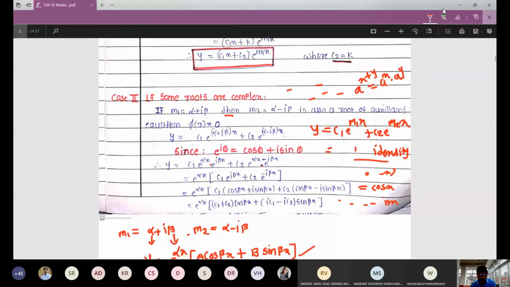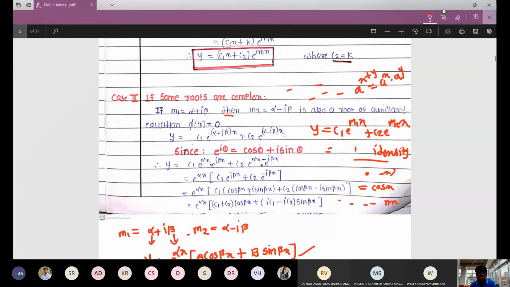Now what about the next term? C2 as it is, and this time the coefficient of i is minus beta x, not beta x, because in e to the power i times theta, whatever the coefficient of i is what you have to consider. So here we have minus i times beta x, so the coefficient of i is minus beta x, and we just replace theta by minus beta x in the second formula. So we have c2 cos beta x. Now cos of minus beta x, but cos is an even function, that means cos of minus x is the same as cos of x. That's why I have written cos beta x instead of cos of minus beta x. And what about the second term?